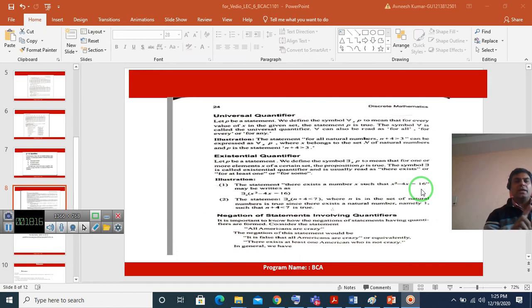So it becomes the there-exists case. In the existential quantifier, we use a reversed E, reversed E for x. So it is true only for some values. Just like that, n plus 4 less than 7. So n equal to 1, where n is a natural number: 1 plus 4, that is 5, less than 7. It is true. 2 plus 4 is 6, less than 7. It is true. And when you take n equal to 3, 3 plus 4 is 7, which is not less than 7, so it is not true. For values above 3 it is not true. It is true only for two values. So it is the there-exists case.